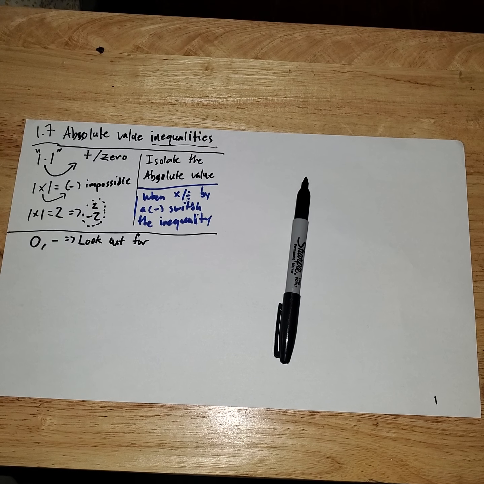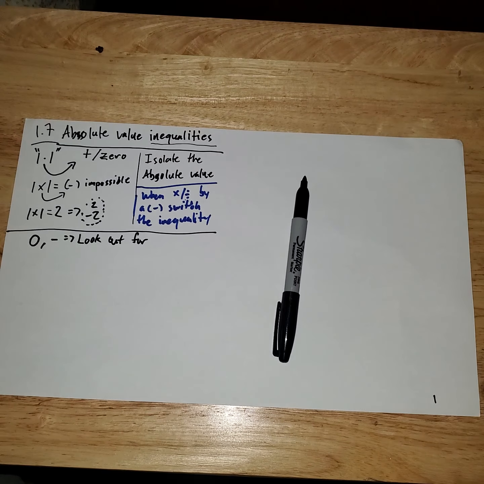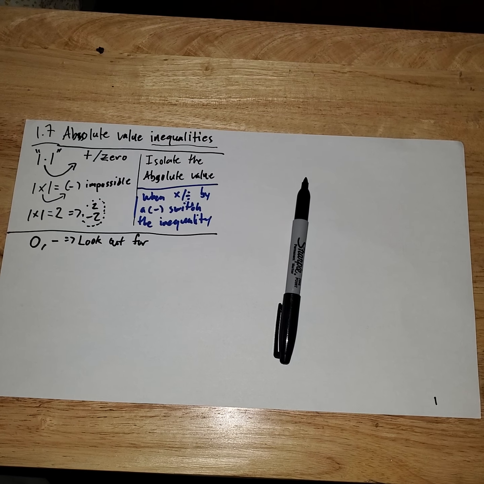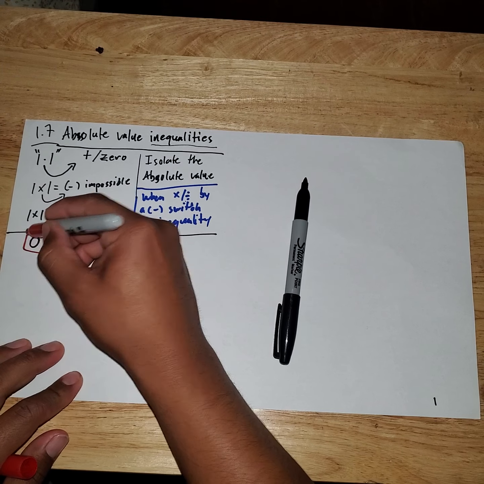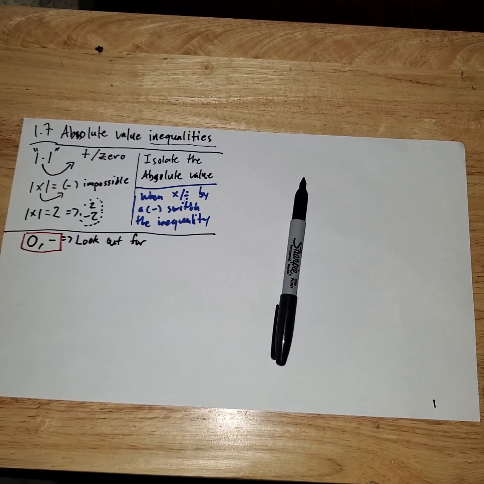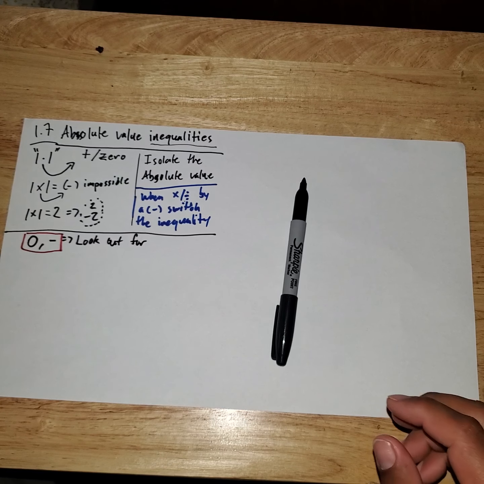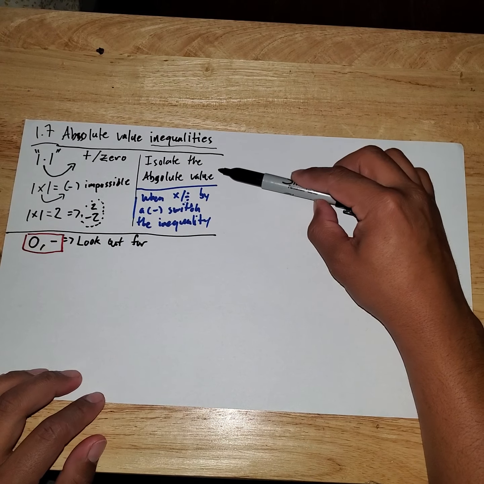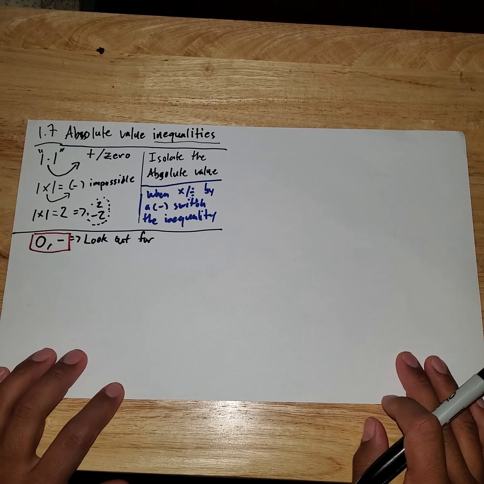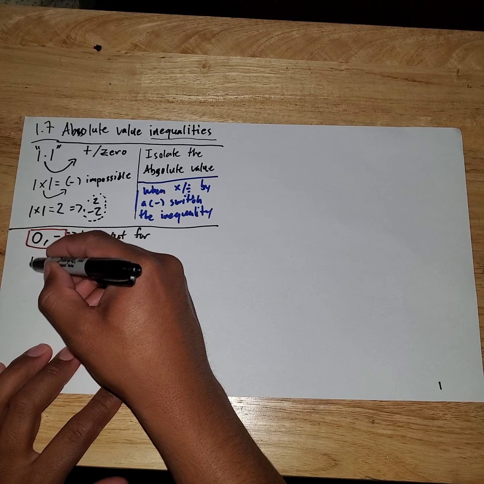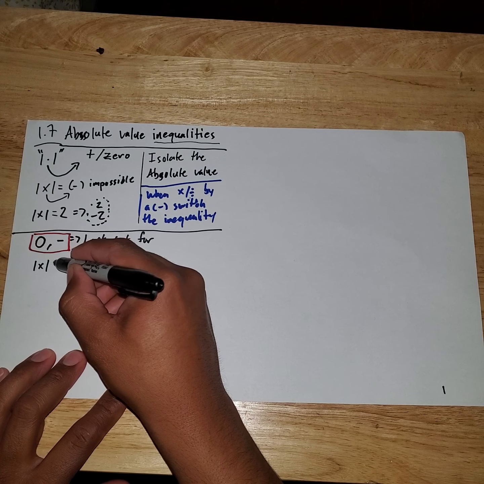Let me box that. So you want to watch out when that happens. Whenever you see 0 or a negative number after you're done isolating the absolute value. Because if we have a situation like this,